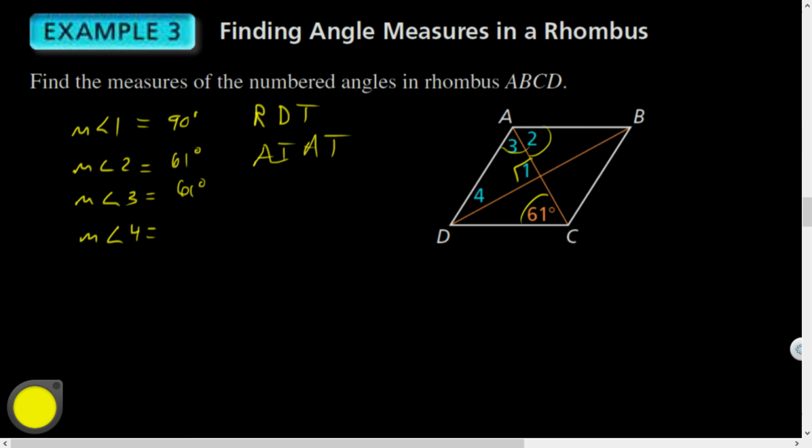What was the name of that theorem that we just learned? The Rhombus Opposite Angles Theorem. How about angle 4 now? Angles 3 and 4 are going to be complementary to each other because they're in a right triangle. So that's 29. Your book suggested the triangle sum theorem, which works. All three of those add up to 180. That works, but also the